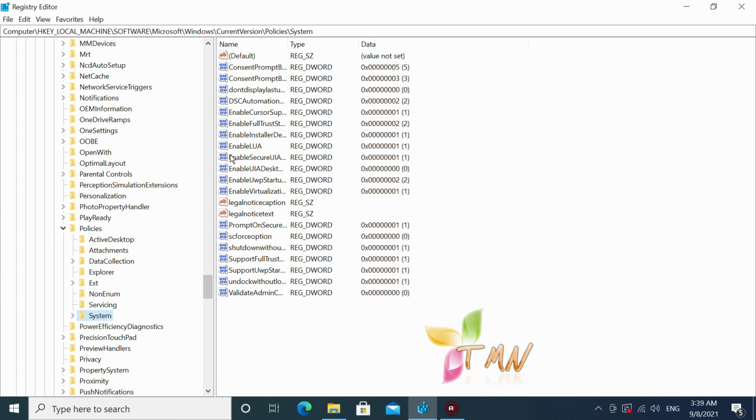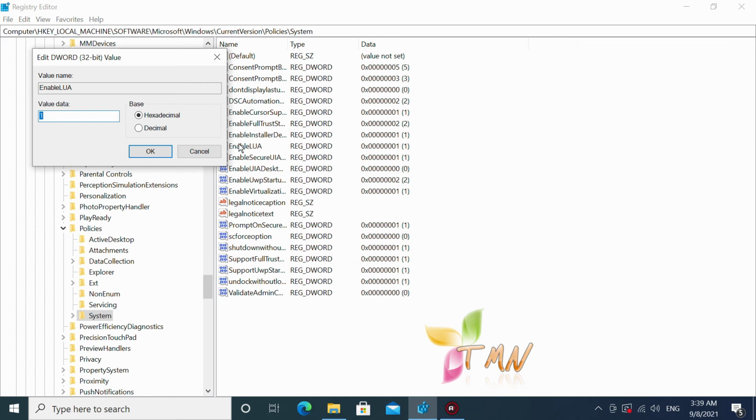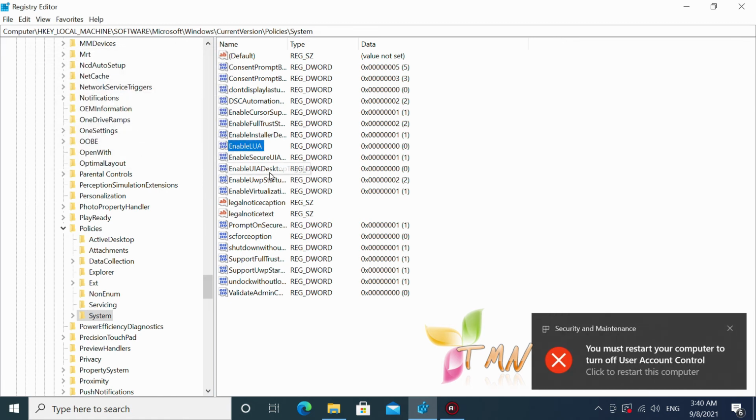Alright, let's double-click on EnableLUA. Next, go to Value data now. And we're going to replace the value 1 with 0, as you can see. Then click on OK. Now I suppose you may get this message in the bottom right-hand corner that says you